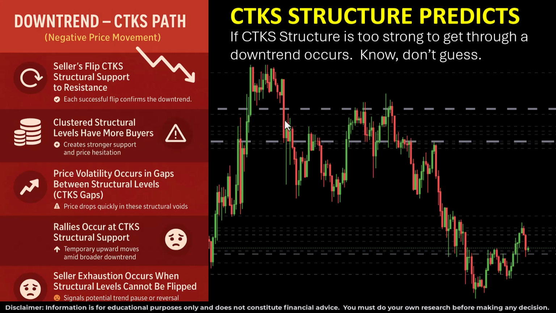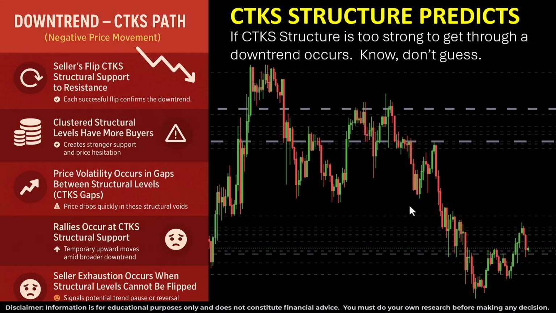In a downtrend, these levels of structure, the sellers seek to convert those into levels of structural resistance. Once support, become resistance. This is the fundamental nature of a downtrend. This is how you can understand what's happening with price. Price simply can't get through the resistance. It may shoot up to a resistance level above and then structurally fails continuously until it finds a bottom and then interacts with those structural levels.